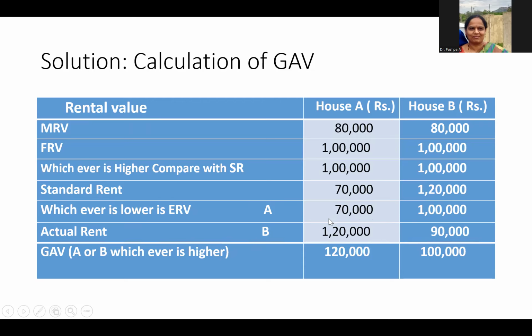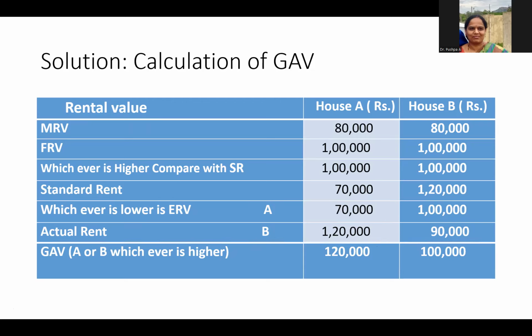And now this is going to be compared with the actual rent, whatever is received. As per the problem, whatever is received is 1,20,000 for house A and 90,000 for house B. So on comparing the ERV and actual rent, for house A, the highest is the actual rent, and for house B, the ERV is the highest. So whichever is higher becomes your GAV. In case of A, 1,20,000 is higher than 70,000, so our GAV in case of house A is the actual rent. And coming to house B,